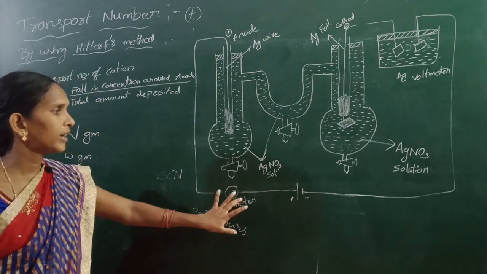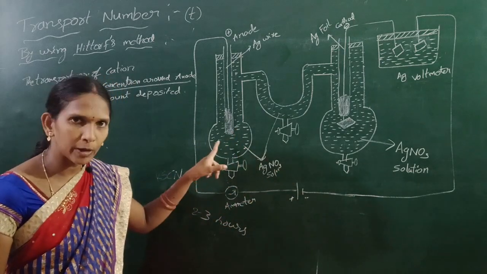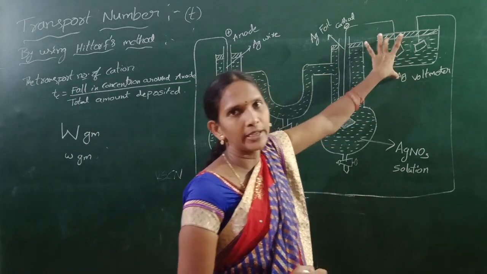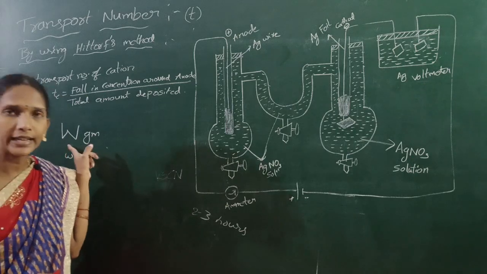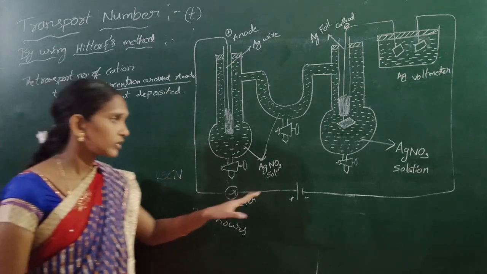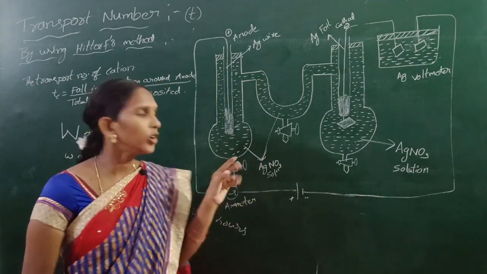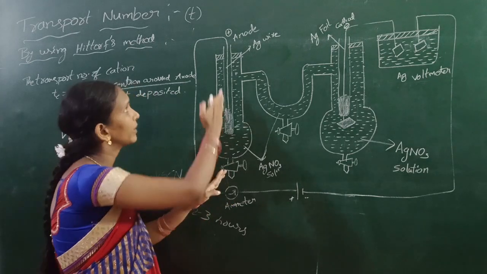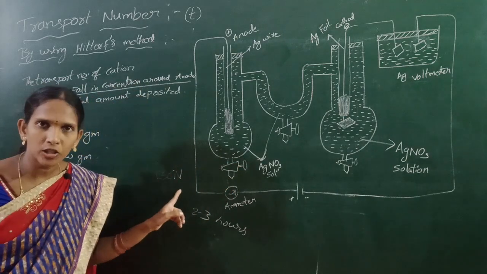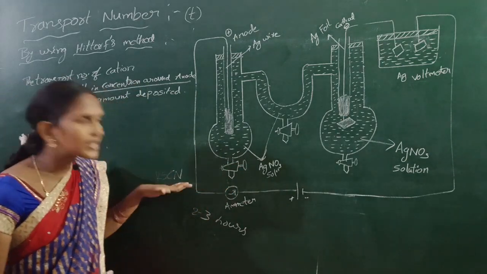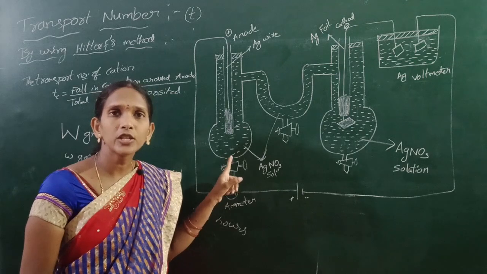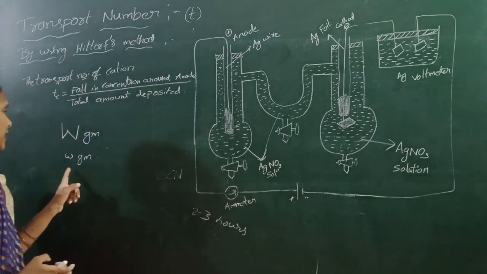First we apply the current, and the ions move. After completion of electrolysis, some amount of silver is present in the voltmeter; that is capital W. That indicates the total amount of current passed through the apparatus. Next, some AgNO3 is taken from the anode bulb and titrated with potassium thiocyanate. From this titration we find the amount of silver present in the AgNO3 solution after electrolysis is small w